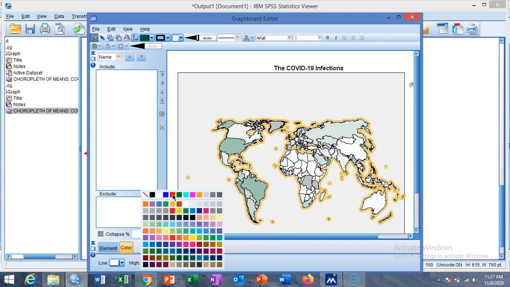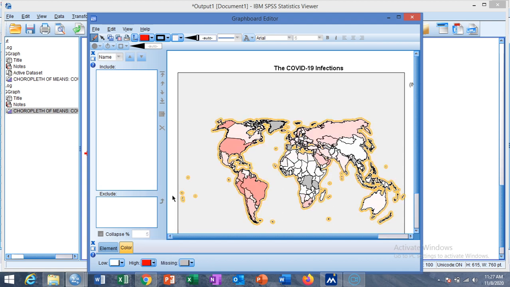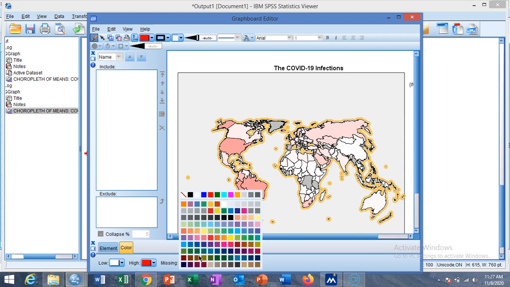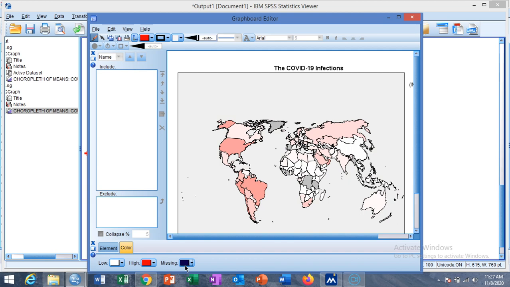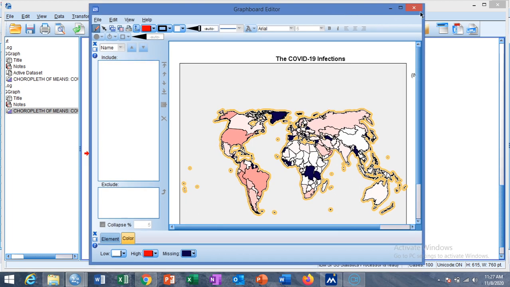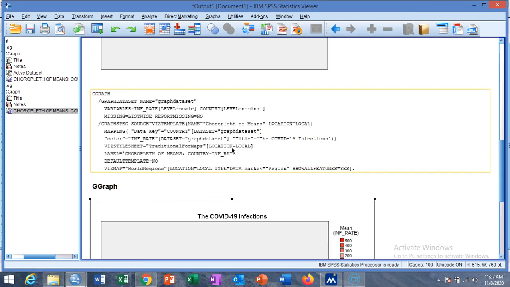If I want to select the red one, and the lowest value is represented by the white one, and the missing values is this one, and so click on close, and click on the OK.